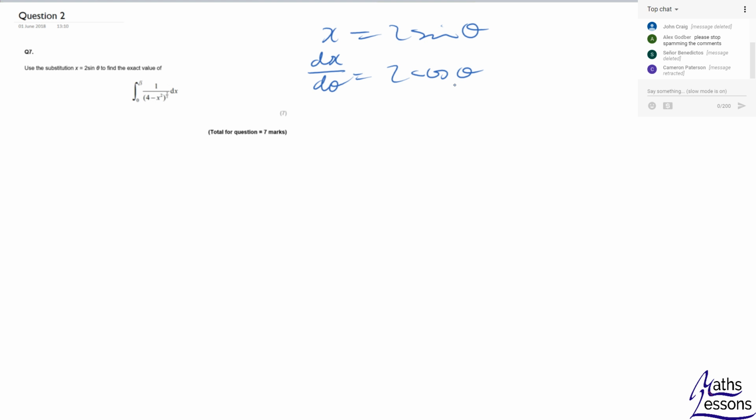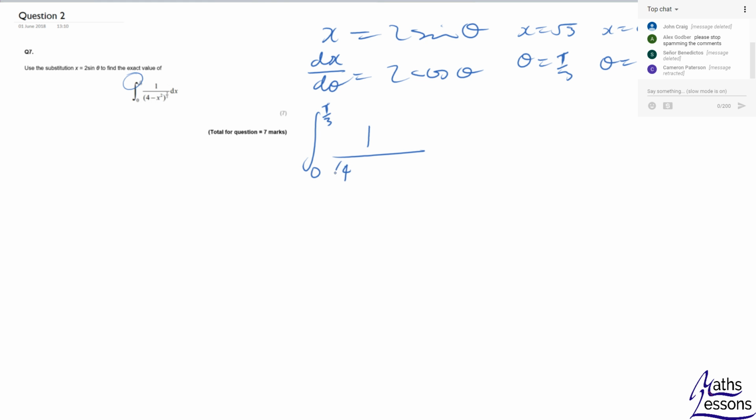And if we know that x equals root 3, that implies that theta will equal, we've got root 3 here, divide by the 2, that's root 3 over 2. Inverse sine of root 3 over 2 is pi by 3. And if x equals 0, theta will equal 0, because 0 divided by 2 is 0, inverse sine of 0 is 0. So we're going to integrate between pi by 3 and 0, and we're going to substitute in